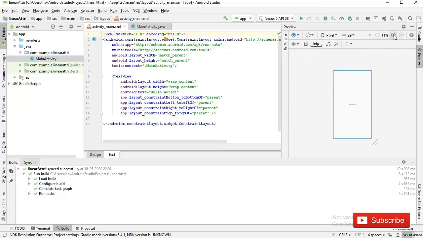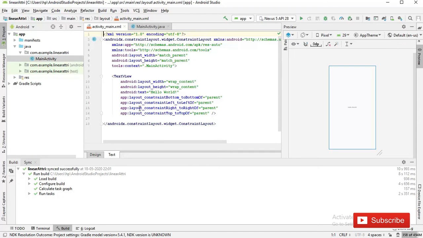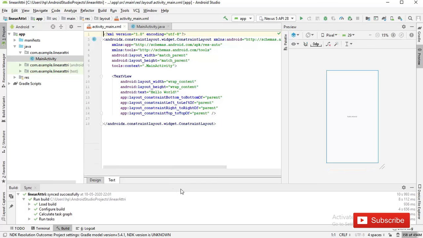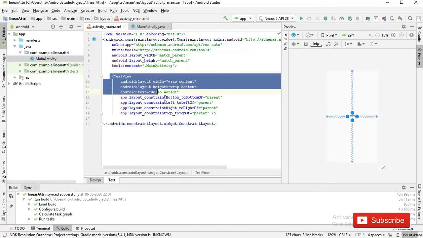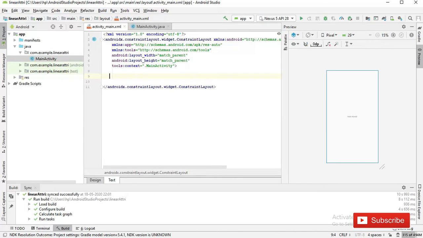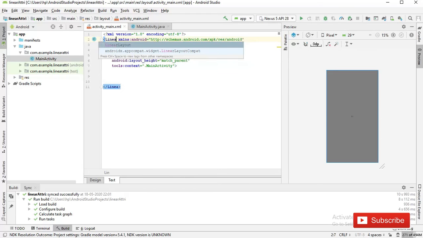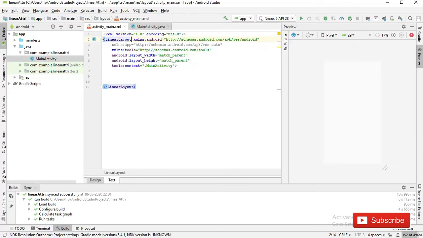And then firstly remove the text view and then replace the constraint layout with the linear layout, because we are learning the attributes of the linear layout.